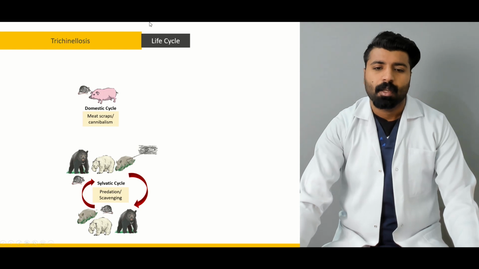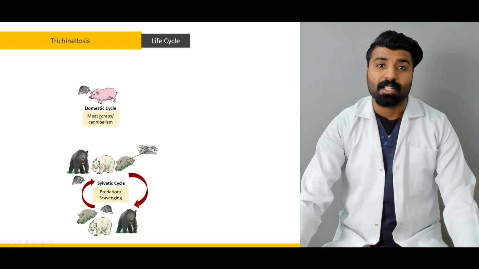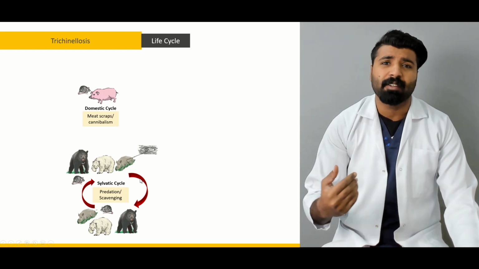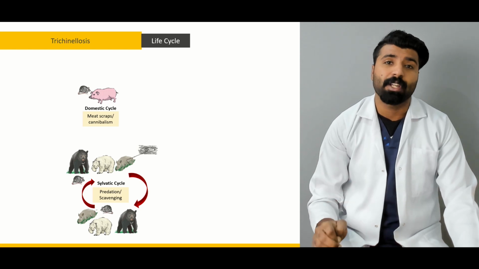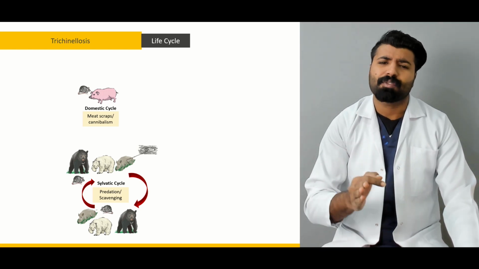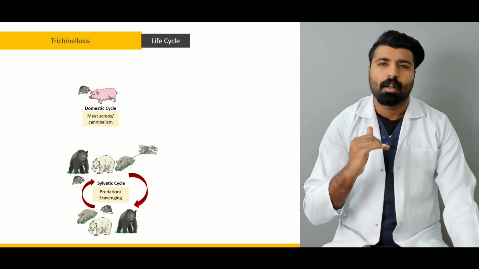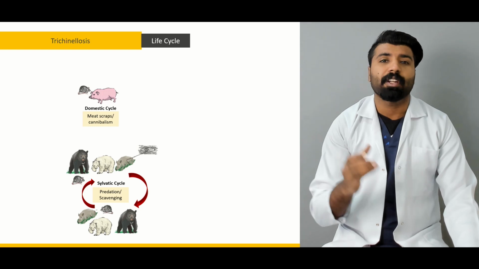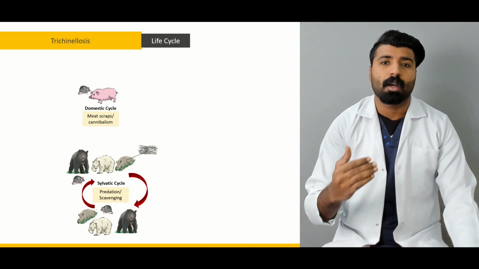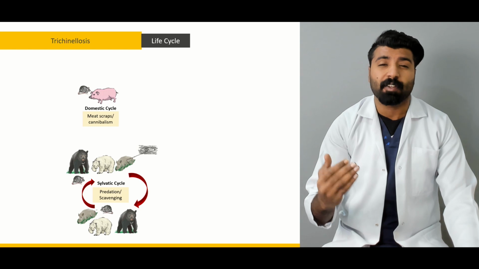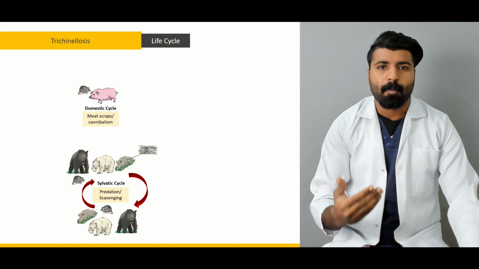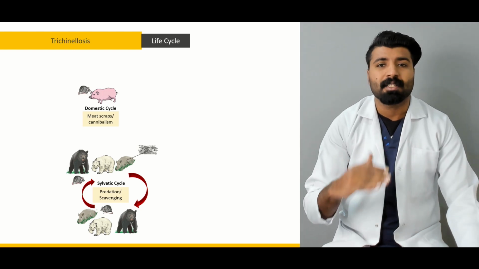that's going to be pigs, because we're not going to eat bears every day, rodents every day, or rats every day. But we do eat pigs, and that's why this infection has a very low occurrence in the Islamic community, because they don't eat pig, and it's most probably found in Western countries where they eat pigs on a daily basis. And if it's not properly cooked, if it's not properly baked, we are going to get this infection.